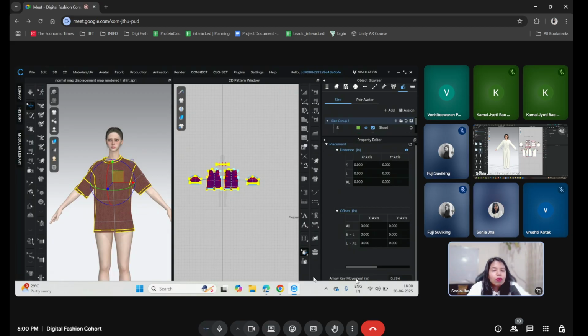So how many? Let's say 0.25 inches you want to move with every arrow button. So you can change it to 0.25 inches. 0.25 inches is the difference between each pattern, each size, by default. Does that work for you? Yeah, 0.25 or even 0.5 is also fine, not more than that. Okay, you can give 0.5. Cool. Now once that is decided, you can go